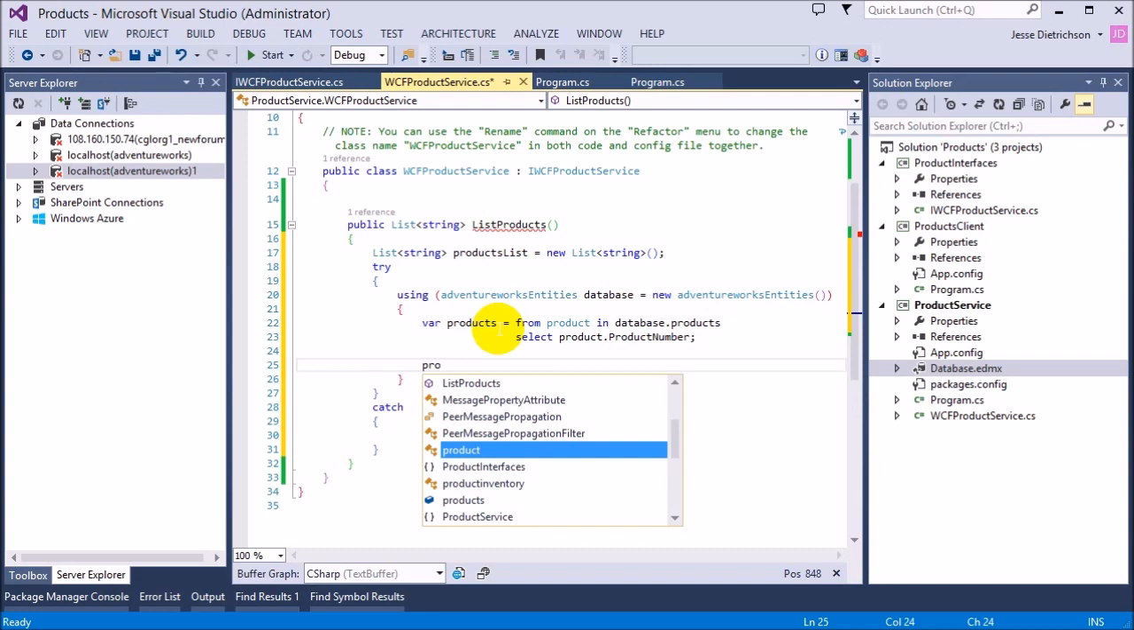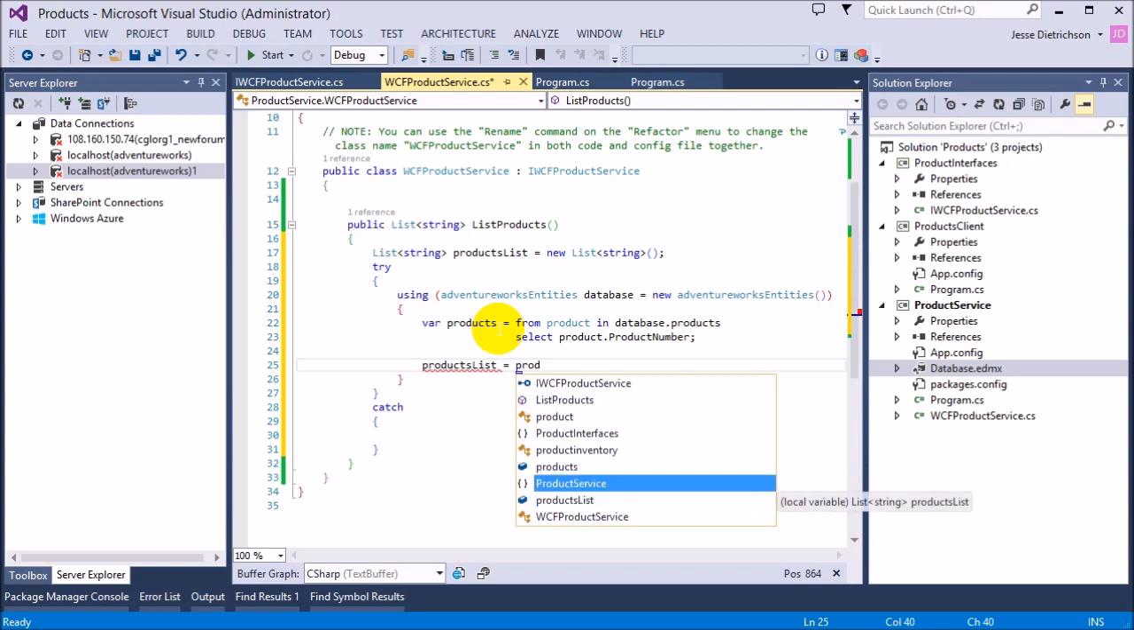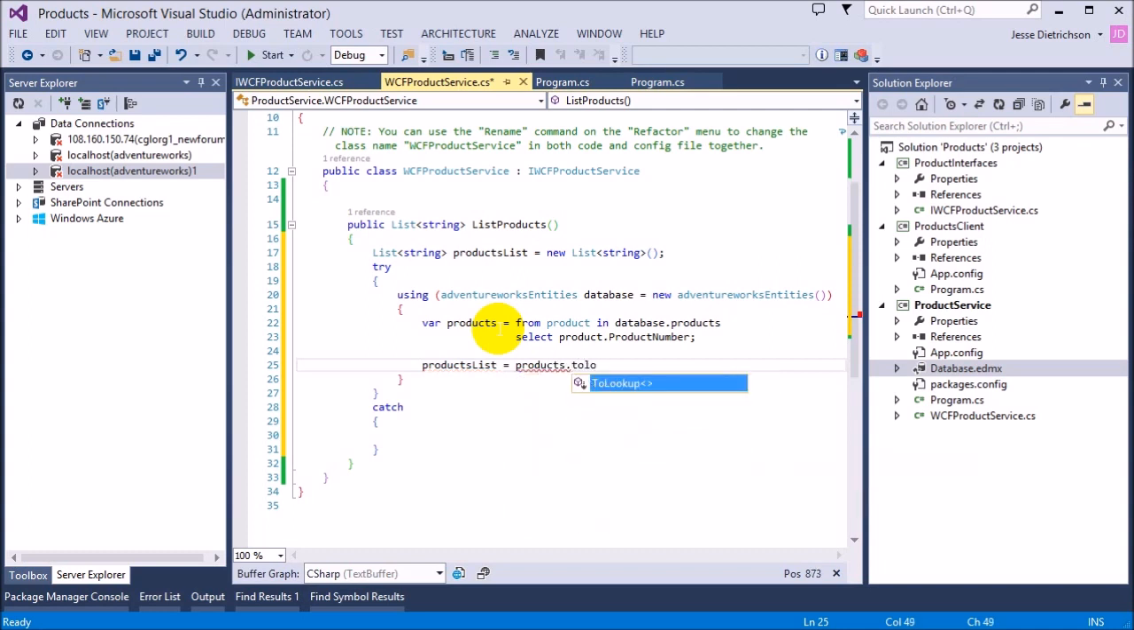And then product list equals products dot to list. So let me explain here what's going on. Basically, this is a LINQ query, or language integrated query. Basically, I'm querying this products